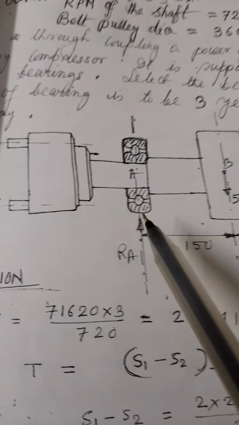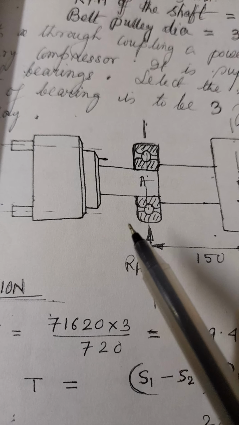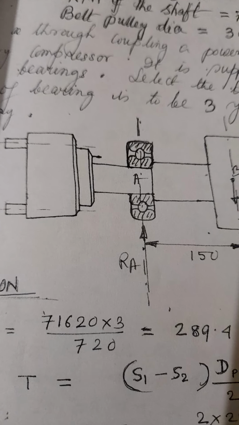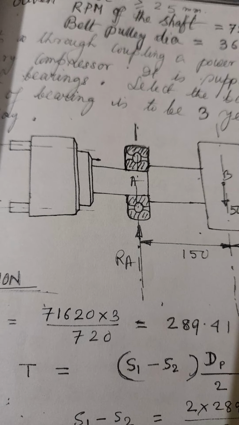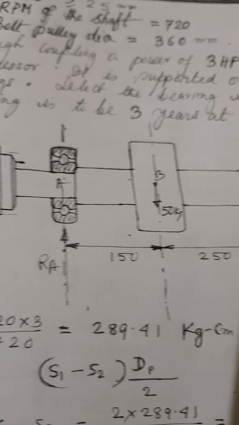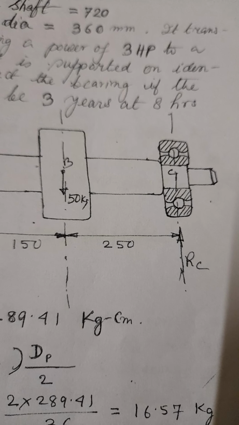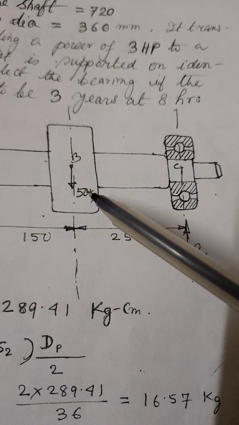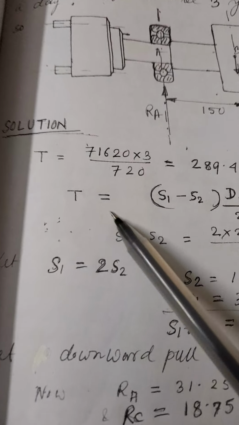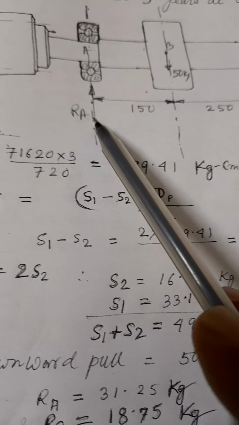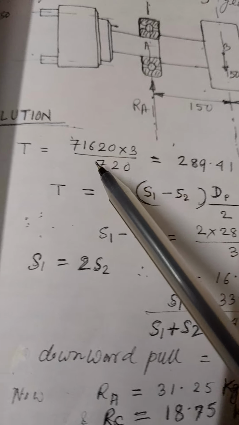Okay, running. Now you please draw the figure first on the left hand side. Then on the right hand side. Now I will tell you how this is 50 kg. Now this you just solve. This is RA and the distances are given. This is not given, but we will find it out.